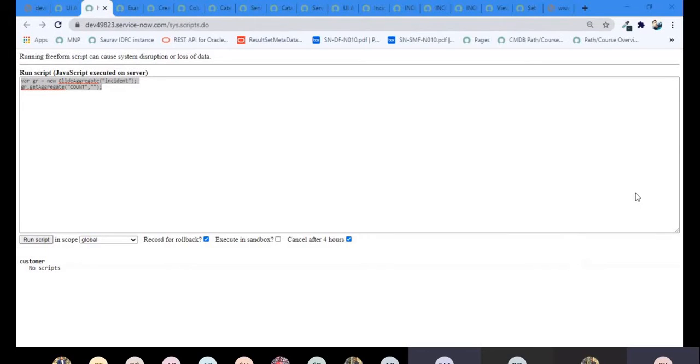Do you know what this not null query is doing? I have shared it in the chat section. Can you check that code? So what is this add not null query doing here? I was counting the incidents where the short description is not null. Those incidents where null is not there, I was counting and printing. So I was applying that count.addNotNullQuery. I took this query from the docs only.